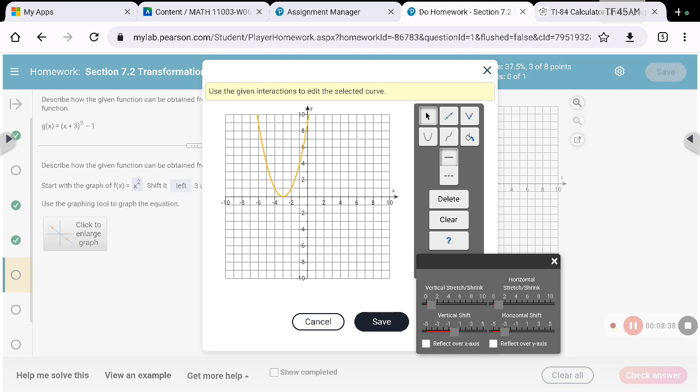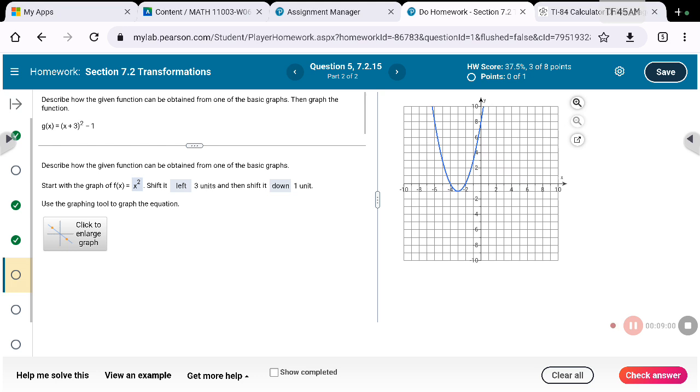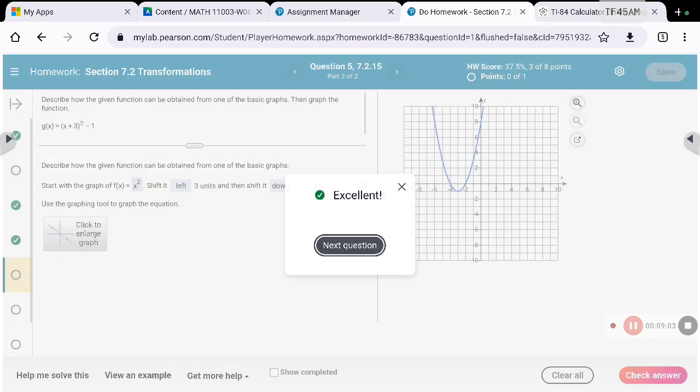And then this one also has a vertical shift that's going to shift it down 1. So I'm going to drag the box in my vertical shift down 1. And you'll notice that the center of that parabola, that vertex, did go to the left 3 and then down 1. So that is how we're going to graph in